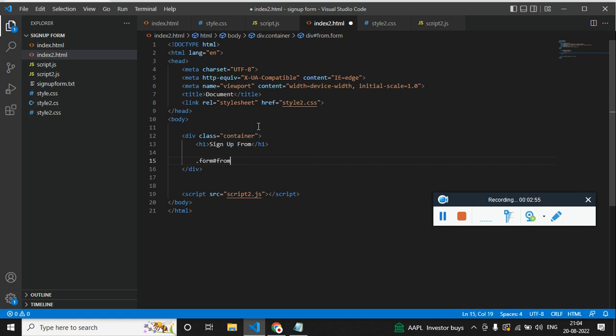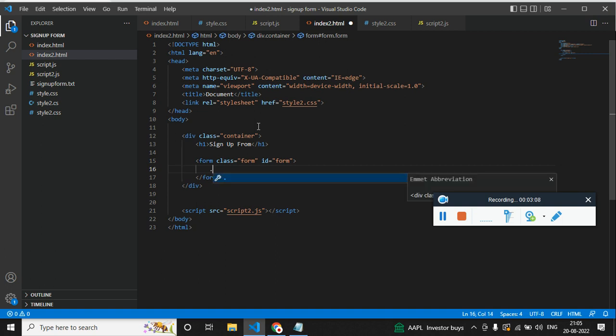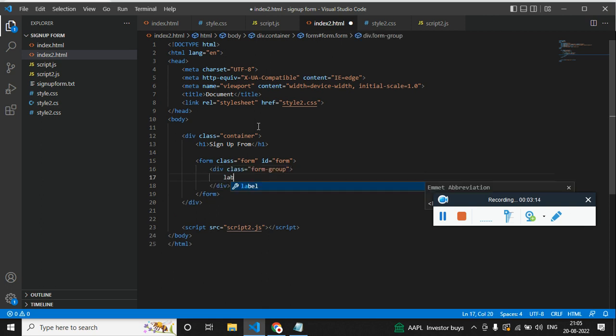So it's not a div, you need to type form. Cool, we don't need the action here. Now inside the form we need a div with class form group. This will act as a container for label and input field